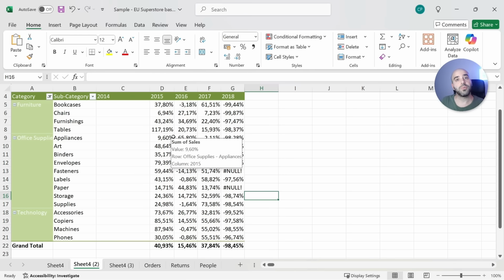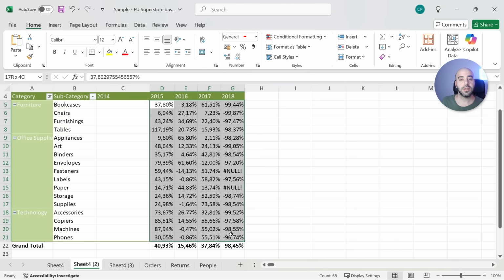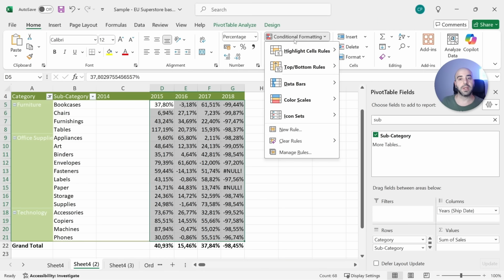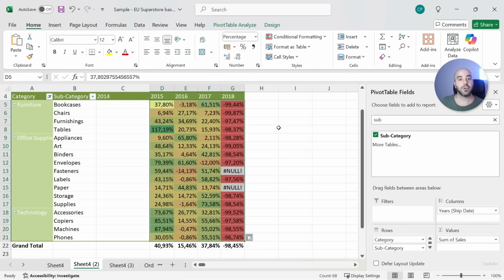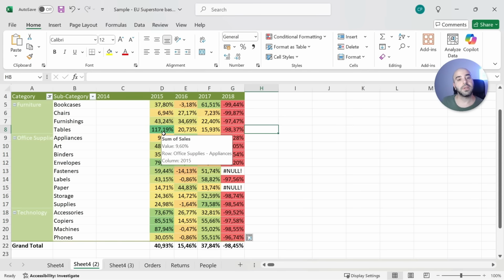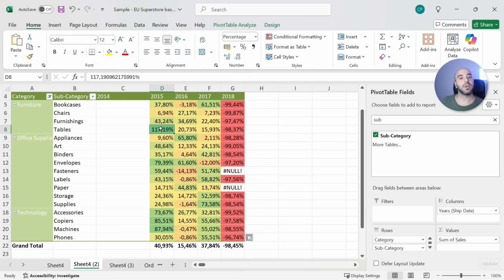But what we can do to make our life easier is use color coding. We can select all those cells and then go to Home, Conditional Formatting, Color Scales, and select any of those scales. For example, this one. I can see very fast that the 2015 tables category had the best performance, while 2018 has been generally a